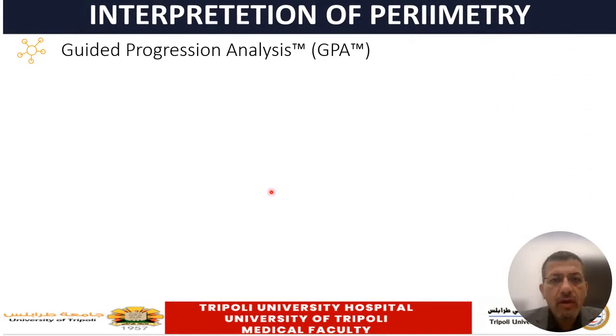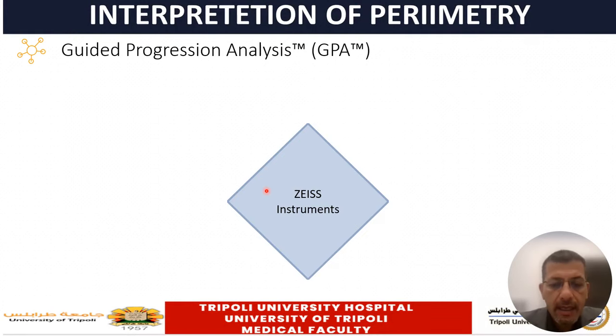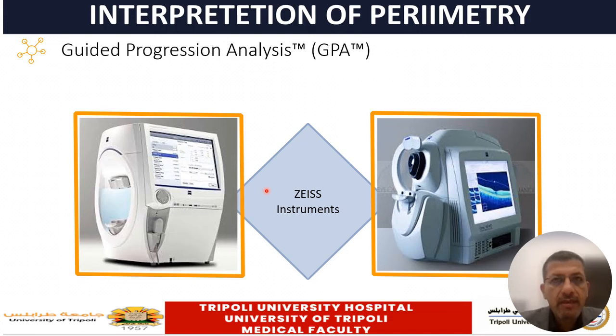The last session of interpretation of perimetry is the guided progression analysis, and this is a very important part. After you finish the diagnosis of glaucoma and the interpretation of the perimetry printout, the difficult question is whether your patient is stable or in a state of progression, and the machine does all the necessary statistical analysis that shows you the status of the patient, whether he is stable or progressing, based on the guided progression analysis, which is available